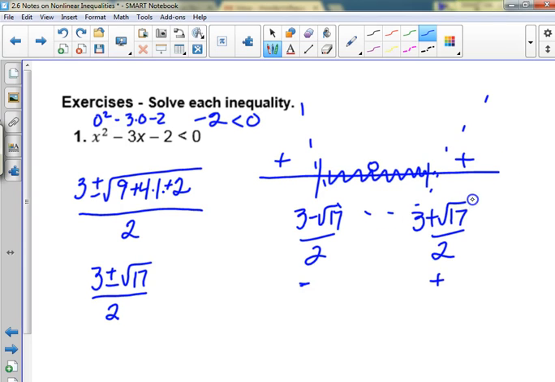Do we need to include the endpoints this time? It was a less than only, right? Not a less than or equal to, so what do we want to do? Just soft parentheses. So our answer in interval notation is a nice disgusting